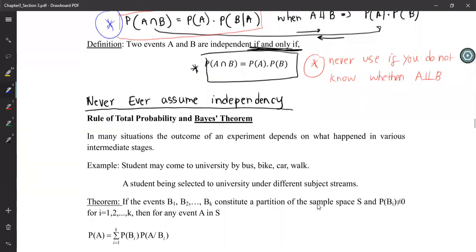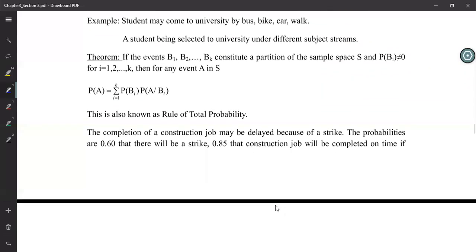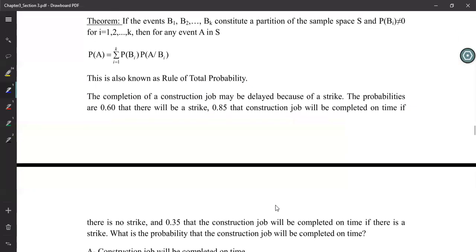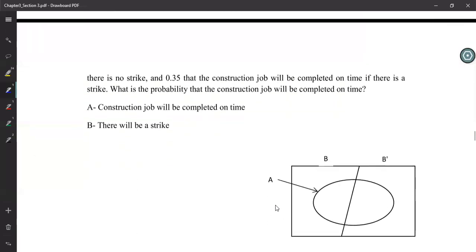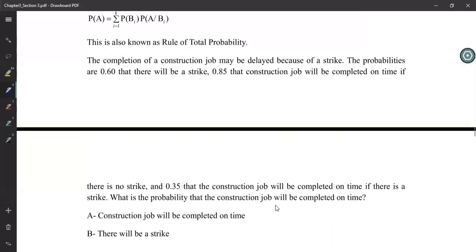So this is the next topic, the total probability and the Bayes theorem. I will omit the theoretical part, but you can read it and understand it. But I'll explain it using this small example. Those who have done mathematics, do we have anybody who has done mathematics for A levels? No, right? If so, you would already know the rule of total probability and Bayes theorem. If not, that's fine. We are going to learn it here.